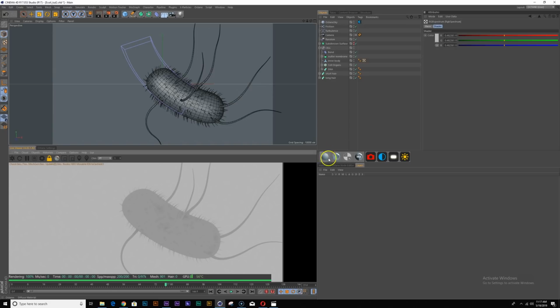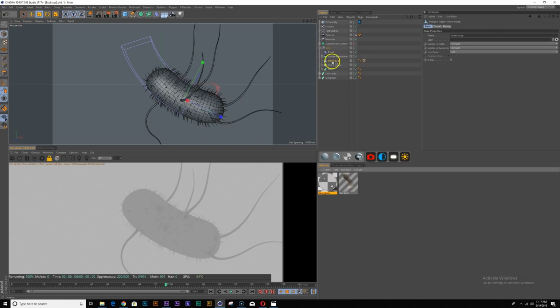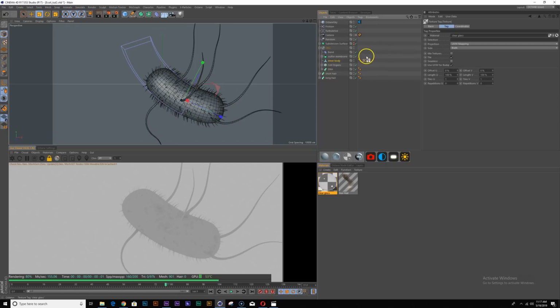So let's start making our materials. I'm going to create a default specular material. I'm going to call this my clear glass material. Right, so I am going to apply that to the inner body and the outer body for now.